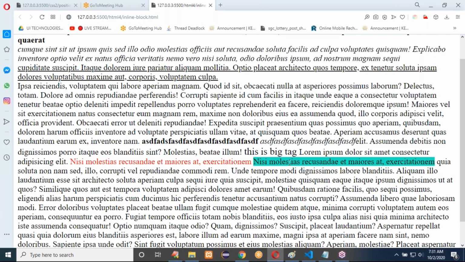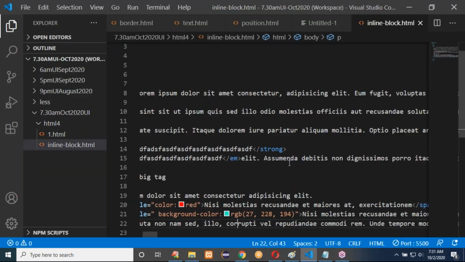Ma'am, I have a query. If we have the italic tag, I and EM do the same thing, so why do we have two types of tags? One is the older one and the other was added in the next version. Even strong and bold are the same. In the next enhancement, they added the newer tags, so that's why it is showing like that.